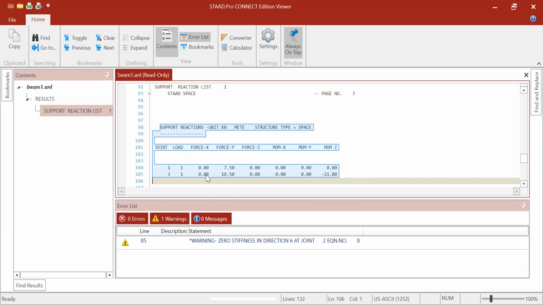The force in the x direction, in this example, equals 0 because there's no external x direction force. The force in the y direction is 18.5. Positive means upward. And Mz equals negative 21 kilonewton meter. Here, negative means, using your right-hand rule, your thumb points to the negative z direction. And if you take a look at